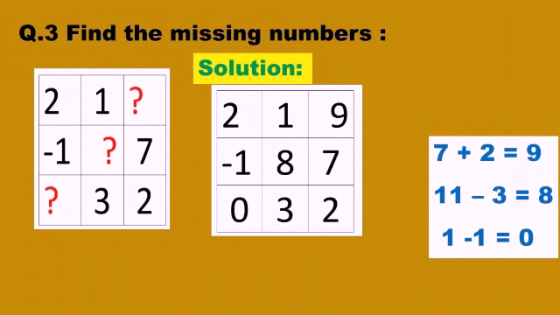Then in the next column, it is written 1, question mark, then 3. That means the question mark is in the middle position. So we have to find the subtrahend. When we want to find the subtrahend, we have to subtract. But how to subtract 3 from 1? We cannot subtract 3 from 1. So we have to borrow from the next place. That means it will become 11. 11 minus 3 equals 8. So the subtrahend will be 8.